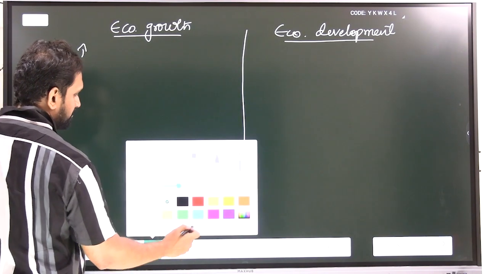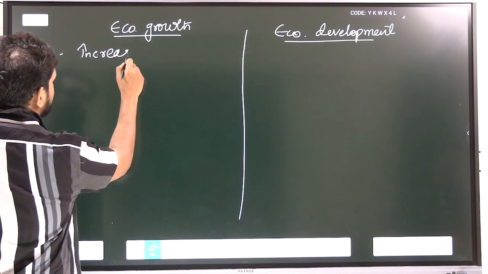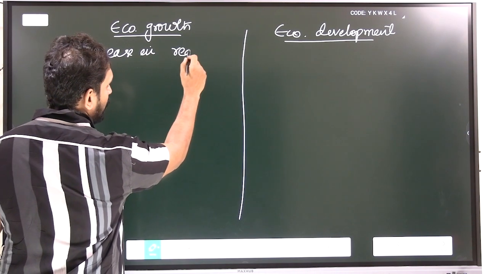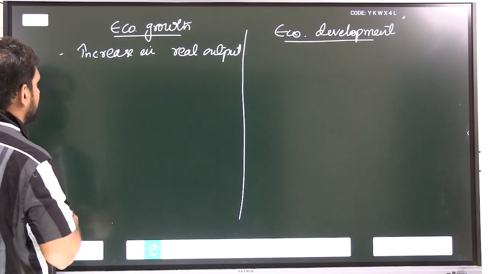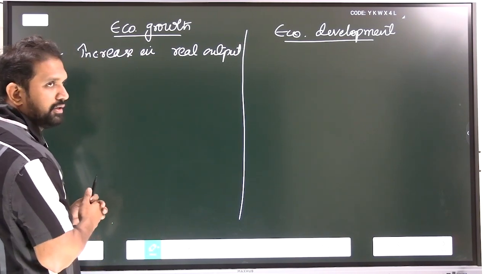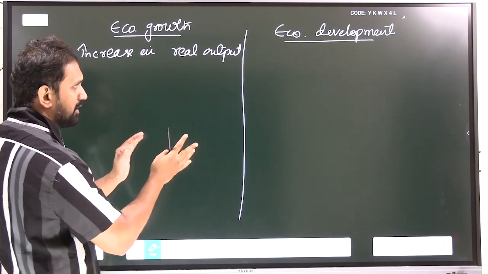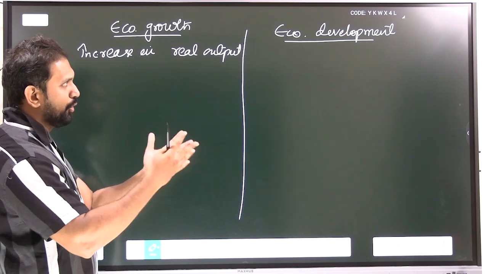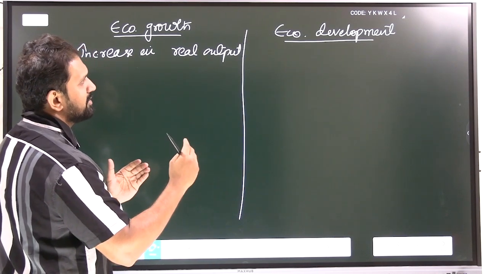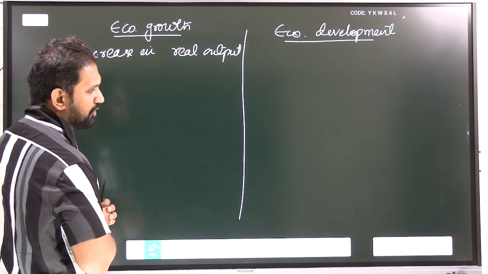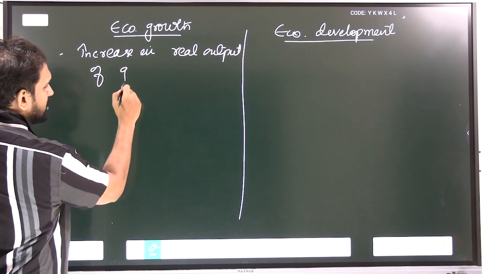As I have told you, what is the meaning of economic growth? Increase in real output. Along with me, all of the students, please listen to me very carefully and write along with me. This is a very basic to advanced lecture. That is the reason I don't want to just put up slides and go on speaking like a good orator. I am writing so that you can also learn steadily and achieve perfection and accuracy. It is an increase in real output of goods and services.